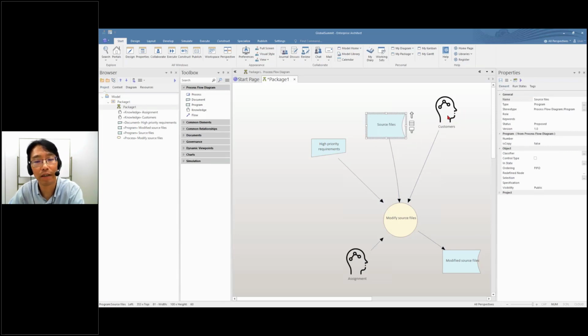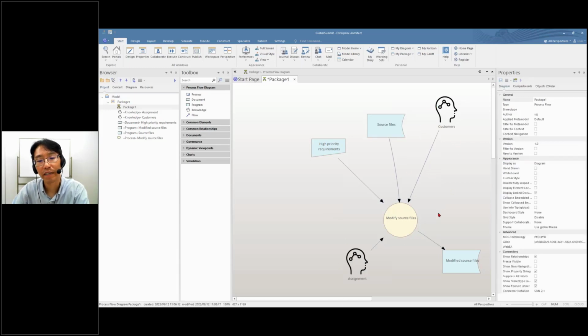So I use a knowledge icon. There are 4 pieces of information needed to create these modified source files, but currently only 2 artifacts are visible and existing. Developers already understand they must ask customers for detail, but the assignment information is not documented anywhere. But maybe a manager or people coming to this project later cannot understand the existence of this information.